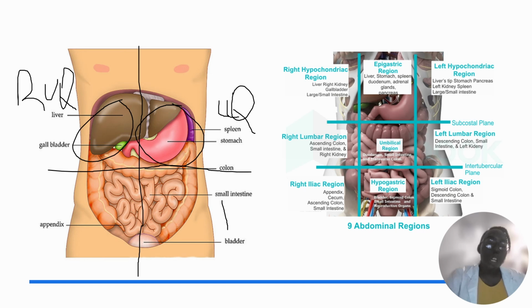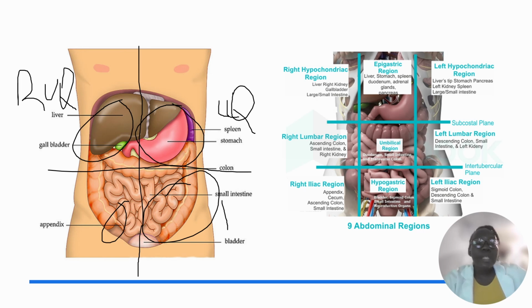And the person touches her left, I could say her left part here, the left side of her abdomen. I cannot assume as a doctor that her appendix is hurting, because her appendix is at the right lower quadrant. Or for example, if someone touches the lower left side, I cannot assume that this person